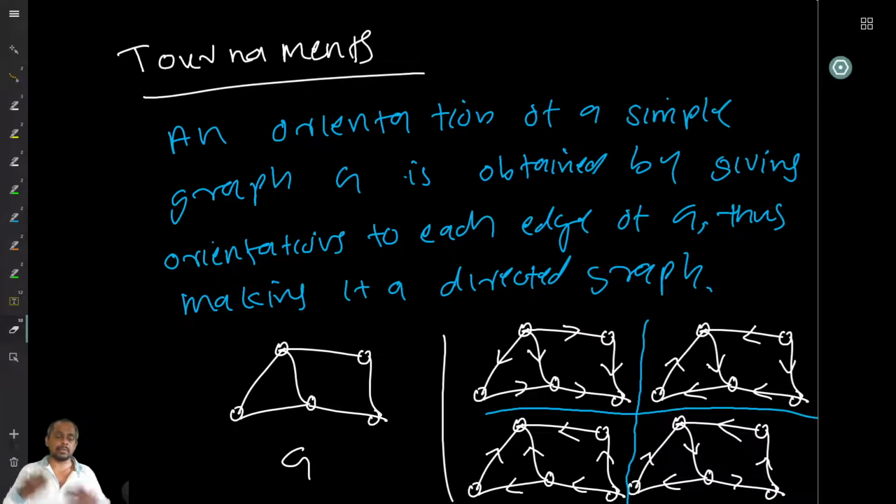I don't allow both, right? So this is called an orientation of the graph. Take a simple graph and then orient the edges in whichever way you want. If you start with a complete graph and then I orient all its edges, then what I get is called a tournament. The name tournament comes because